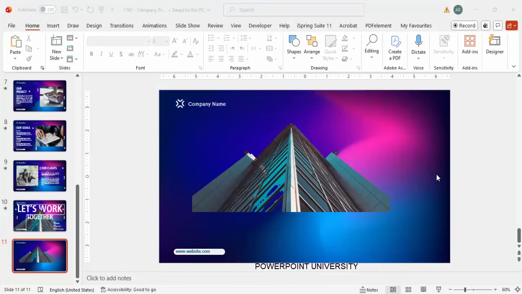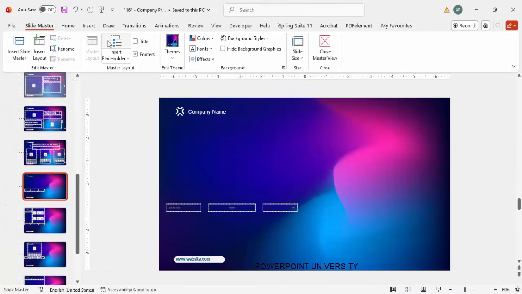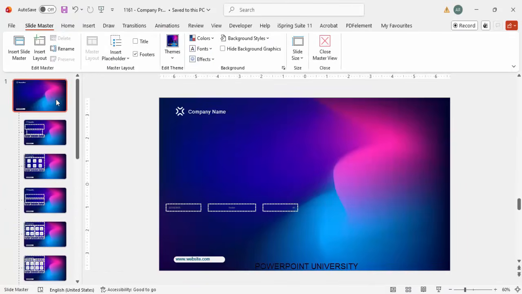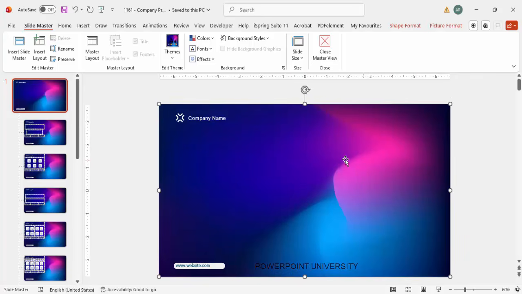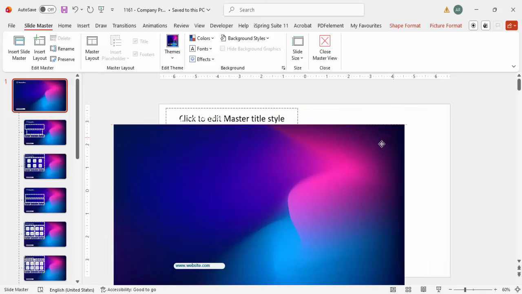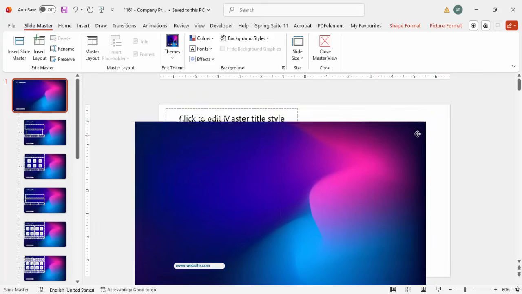To make this presentation, I have used this background and I have placed this in the slide master. So let me just go to the slide master first. Go to the view, click on the slide master. As you can see here, in all the slides, you can see this particular gradient background. So depending on the requirement, you can just change the background. I've just used this background,